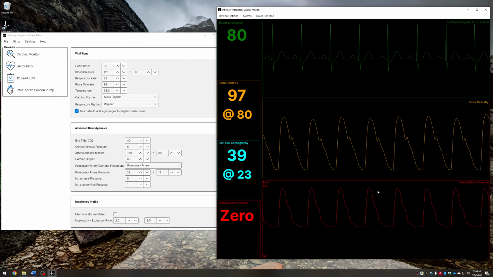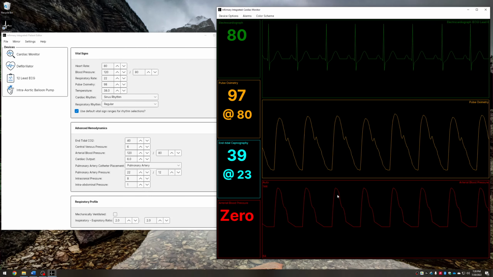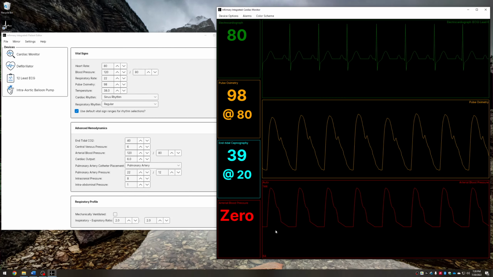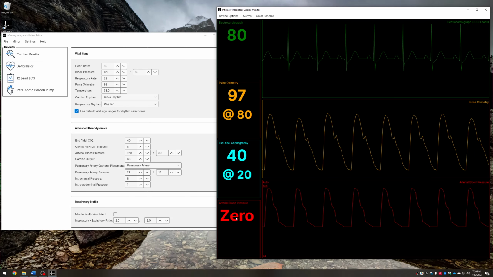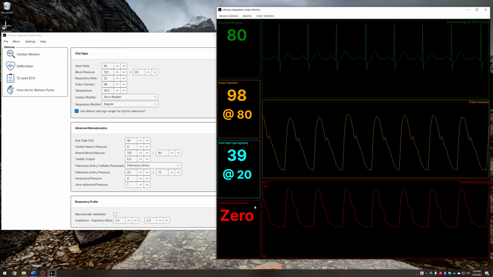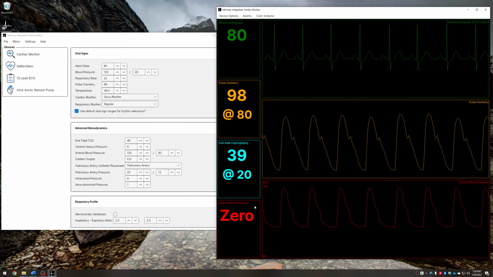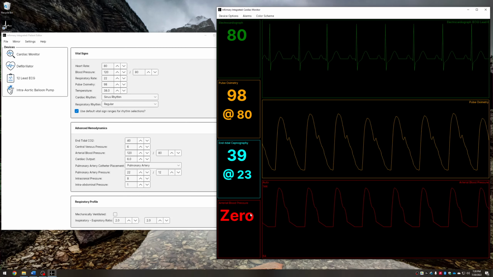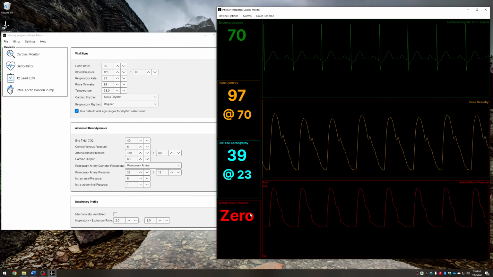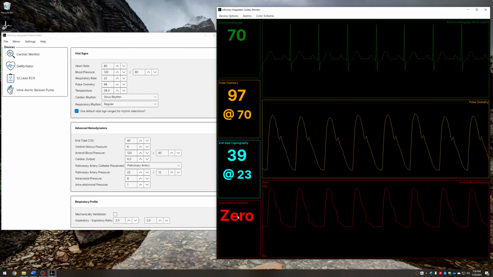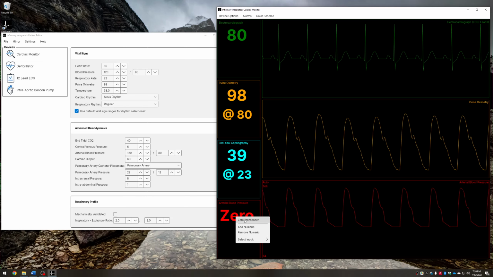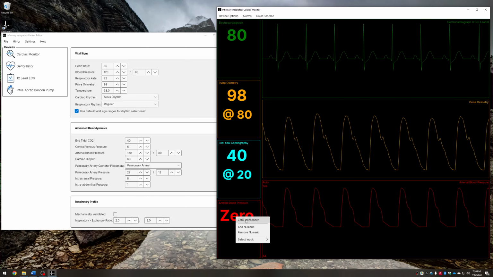Sometimes it can be a bit finicky in real life, and I've also brought some of that clinical realism into this device simulator. We may see that a little later. I also want to mention that the arterial blood pressure, as with any pressure waveform, needs to be zeroed to atmospheric pressure. And in a clinical simulation, if the student does not request to zero the waveform, if you don't actually right-click it and hit zero transducer,